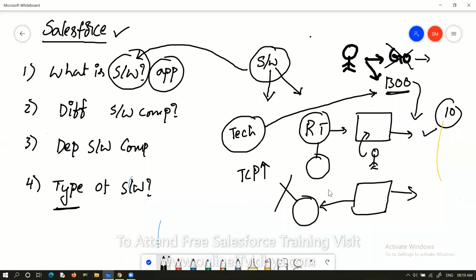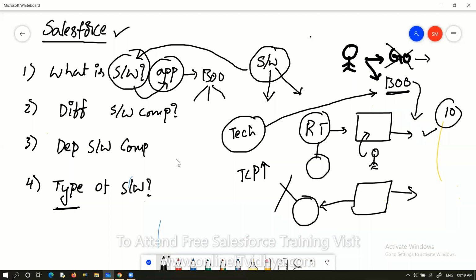So finally, the point is, what is software? A lot of technical definitions are there. But simply, software is a computer based application used to perform business oriented operations like railway reservation, banking operations, or online shopping. These all come under business oriented operations. Occasionally we will do this based on the requirement.